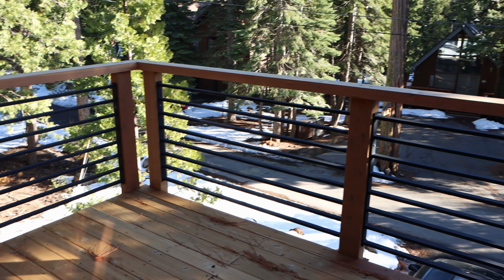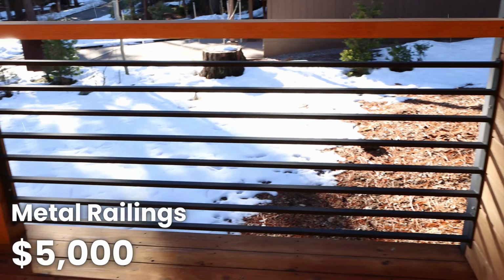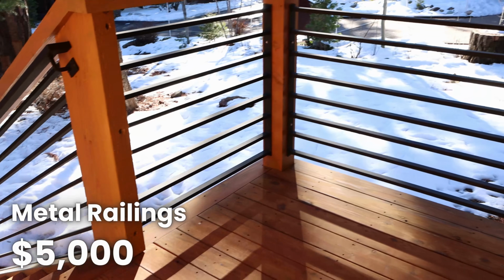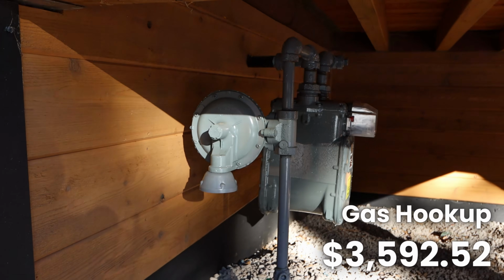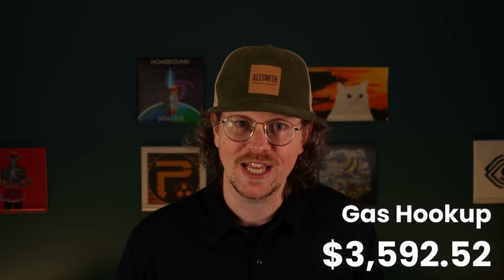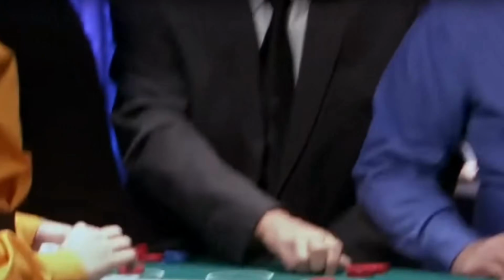The custom metal railings inside and out were $5,000, and they look pretty slick, especially the ones on the front porch. Now I'll move on to the public utility hookups, which were nauseatingly high considering we aren't even that far from the street, but that's California. The gas meter and hookup was $3,592.52. Electric was $3,000, sewer lateral was $7,000, and the water connection was highway robbery at